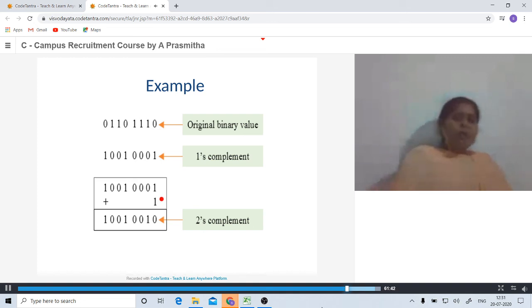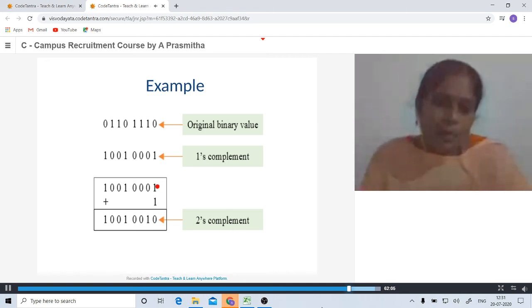Now you have to check that if these two digits are 1, you are going to put 0 in this 2's complement. If this is 0 and this is 1, you are going to put 1 in this case. Otherwise, whatever you have in the 1's complement is equivalent to 2's complement.